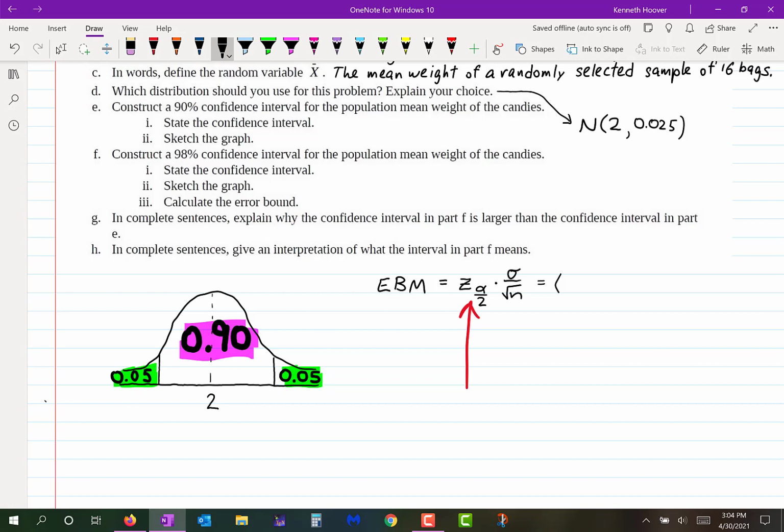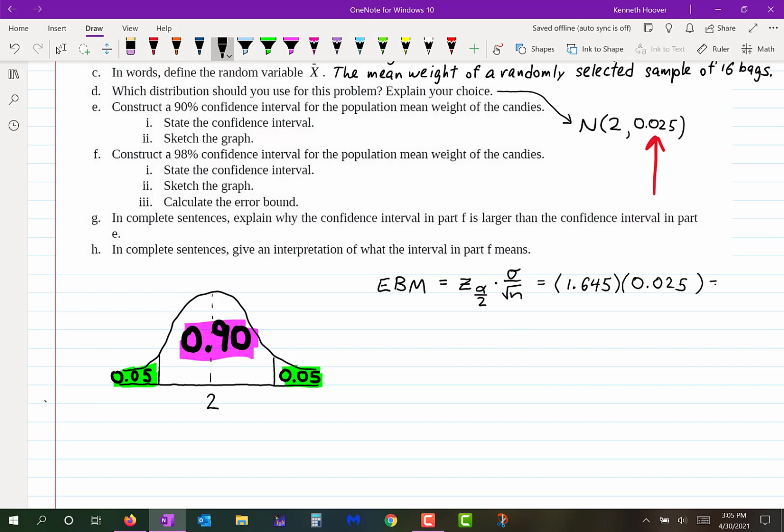We will go ahead and do 3 decimal places. 1.645. That's what I found for the z-score. Remember, sigma over the square root of n is already written down on the screen. That's right here. So 1.645 times 0.025, and that comes out to be